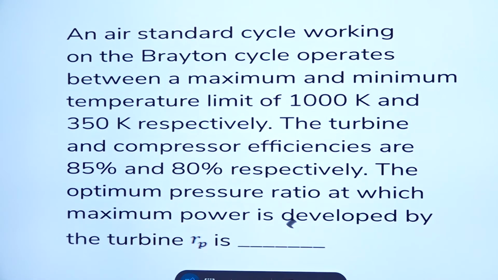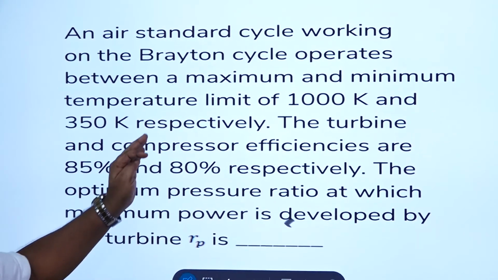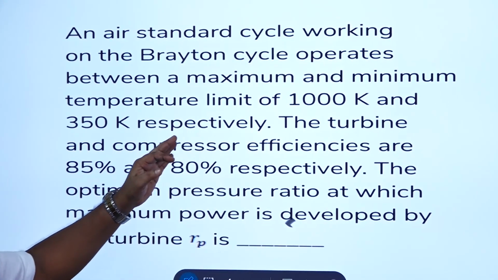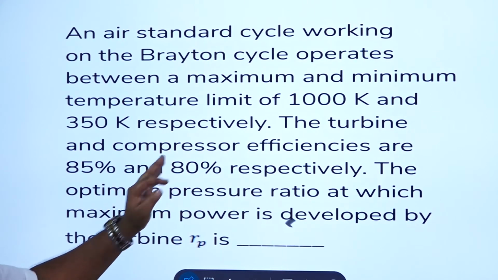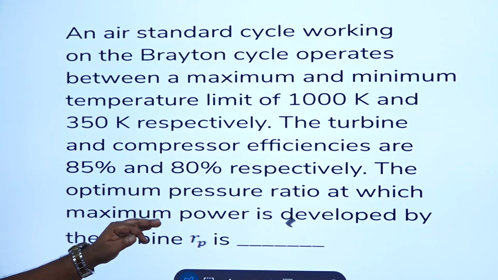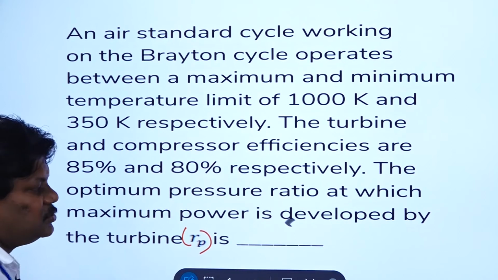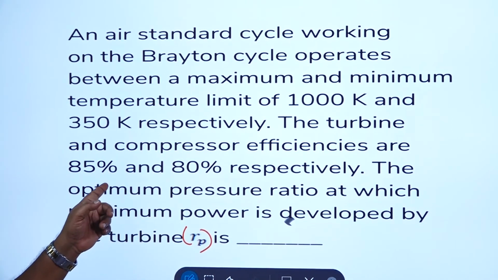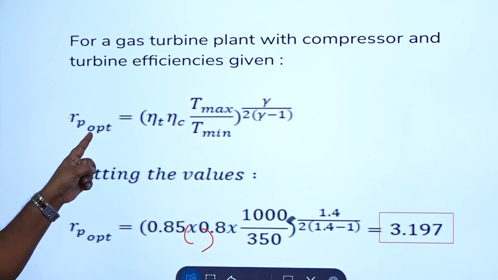On this air standard cycle, which is working on the Brayton cycle, it operates between maximum and minimum temperature limits. They are given to you. The turbine and the compressor efficiencies are also given. We need the optimum pressure ratio at which the maximum power is developed. The optimum pressure ratio formula is known to us. For this efficiency given to you, that is RP optimum is